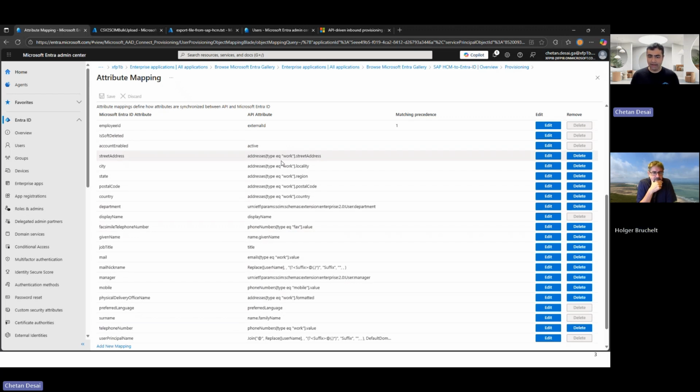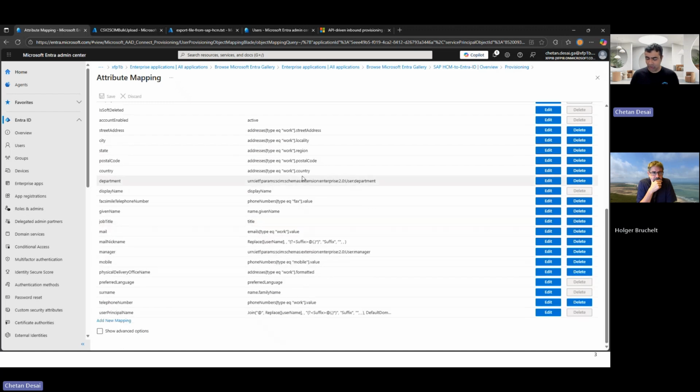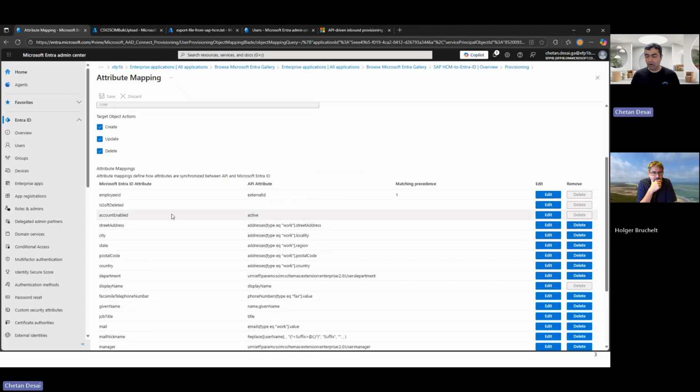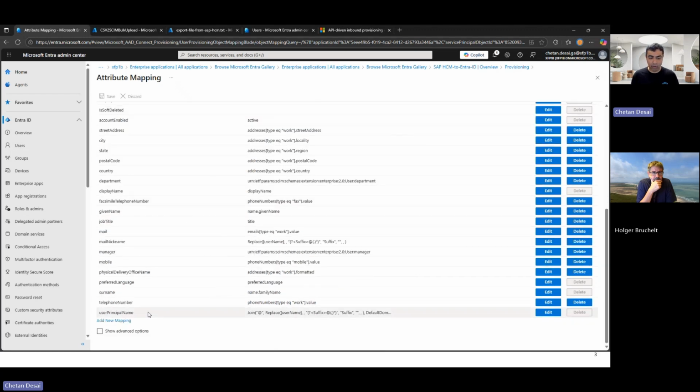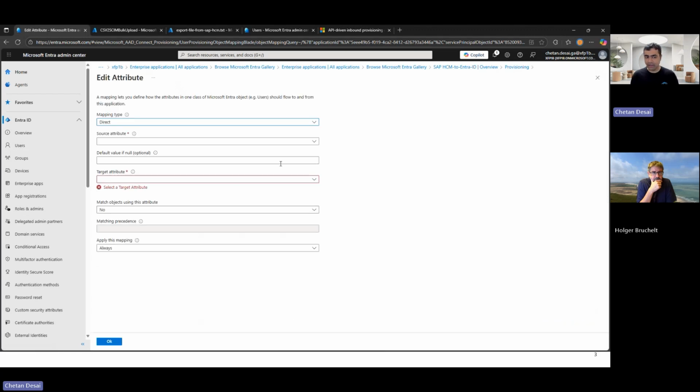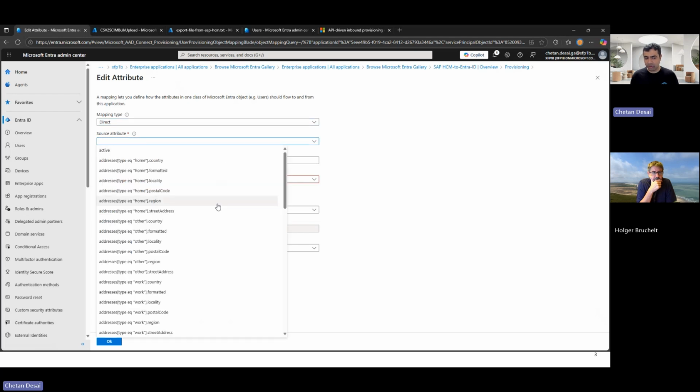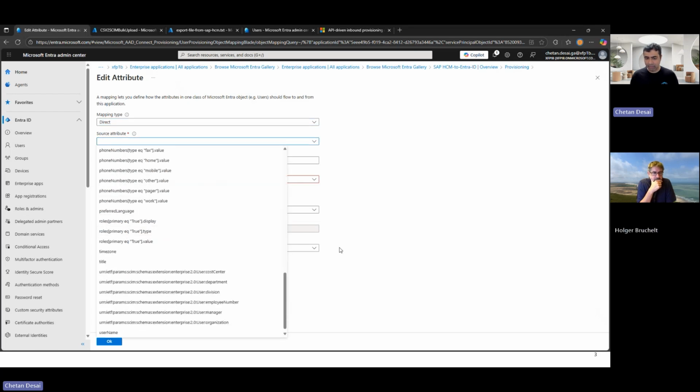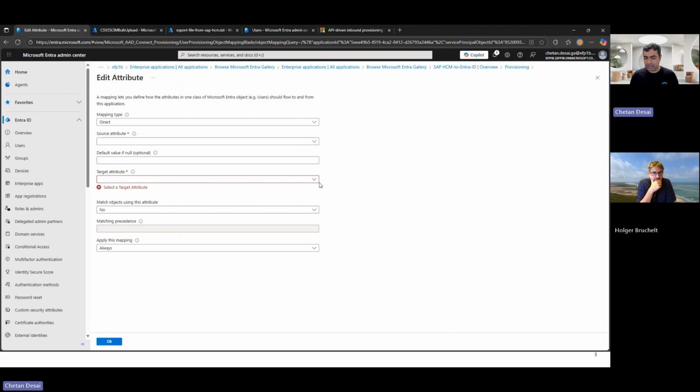So if you want to send address data, country data, name data, whatever data you want to send from SuccessFactors, it is all in these API parameters, and the corresponding mapping to the Entra ID attribute is already defined. You can go ahead and add a new mapping, select the source attribute you want to pick from and the target attribute. So you can configure all of this.